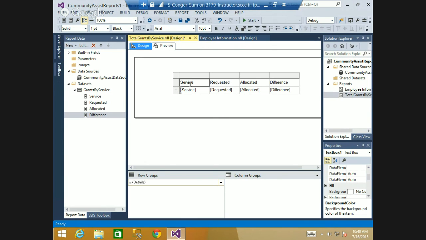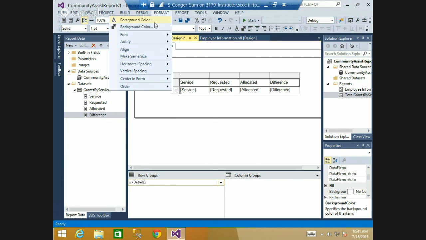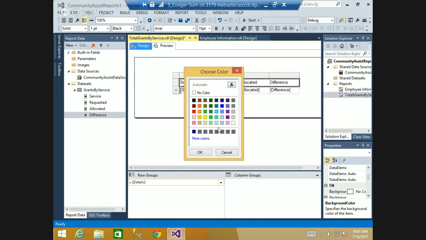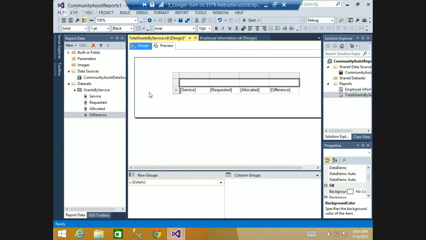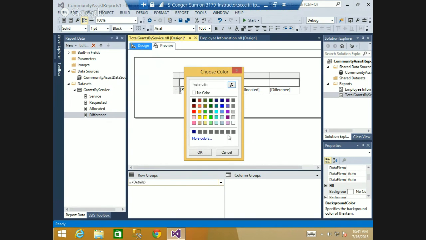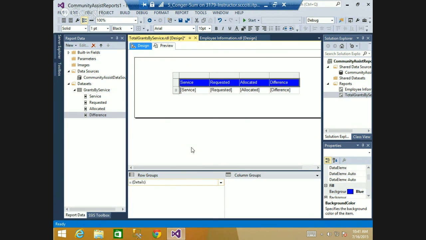So one of the things you can do here is, if you wanted to change the format, I'm going to go to Format. Let's do foreground color is white. So all my text disappears. And then we'll do Format, background color. I don't know what we want. I don't know if that's good. The other thing I might do is just make all of those bold. If we do a preview at this point,